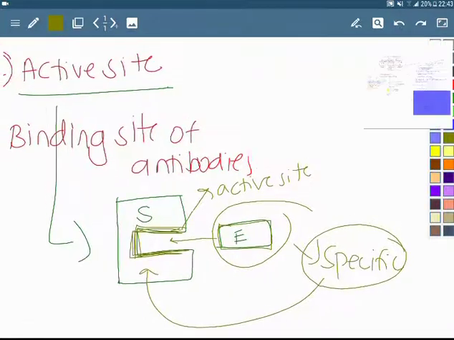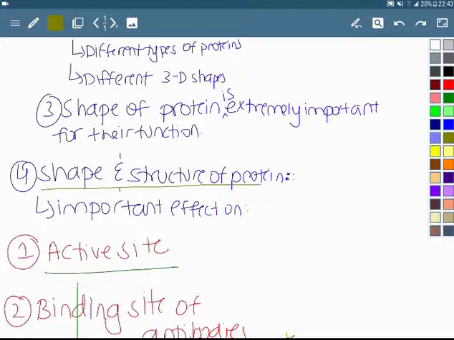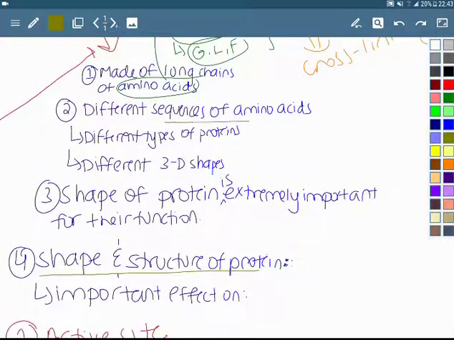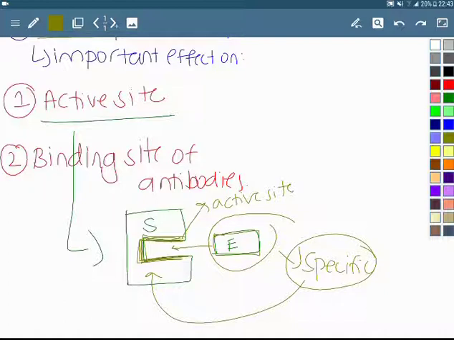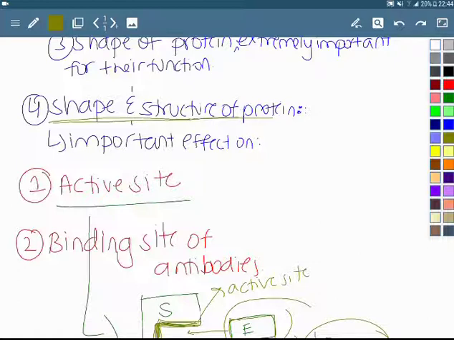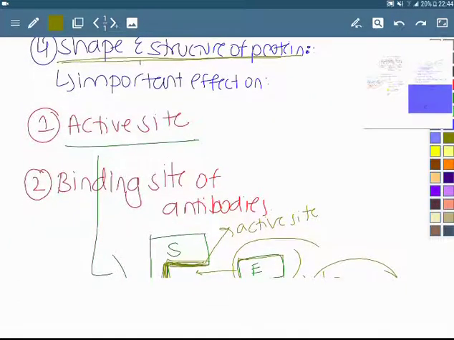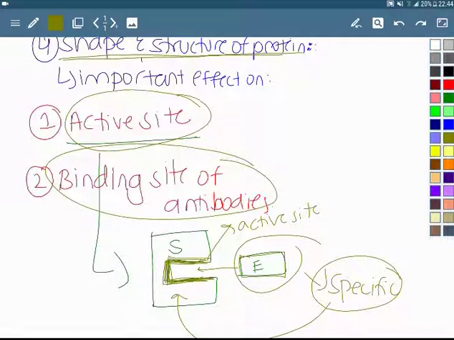Okay, so if the shape and structure of protein is different, it's obviously because of a different sequence of amino acids. But if the shape and structure of protein is different, the active site is different. So shape and structure of protein has an important effect on active site and binding site of antibodies. You have to know that well. Okay, that's all for